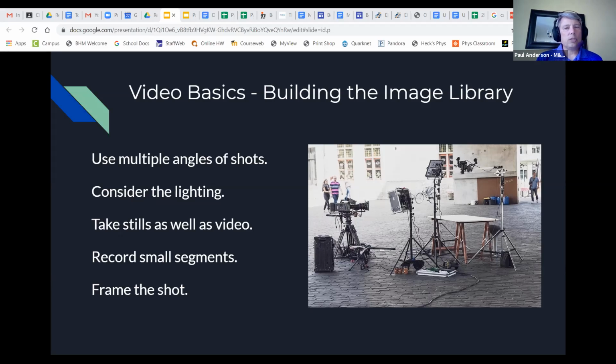Make sure that you don't just think in terms of video. Sometimes you want to build that library that has some still images as well. And remember that if you're doing any kind of a voiceover, you'll be able to talk over those still images. In fact, a lot of times the quickest, best video that you can do is built just with stills,